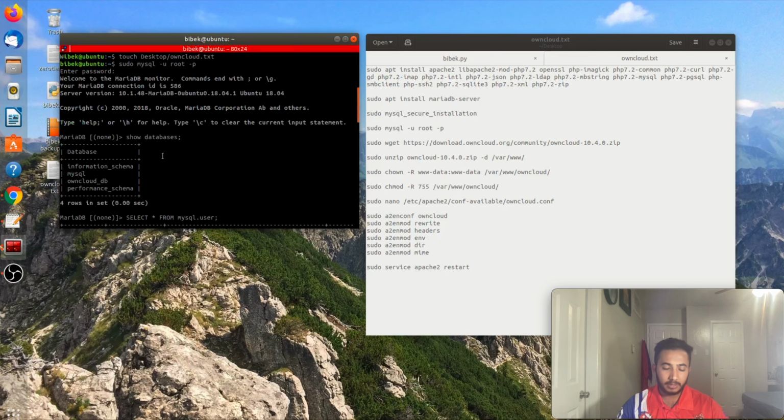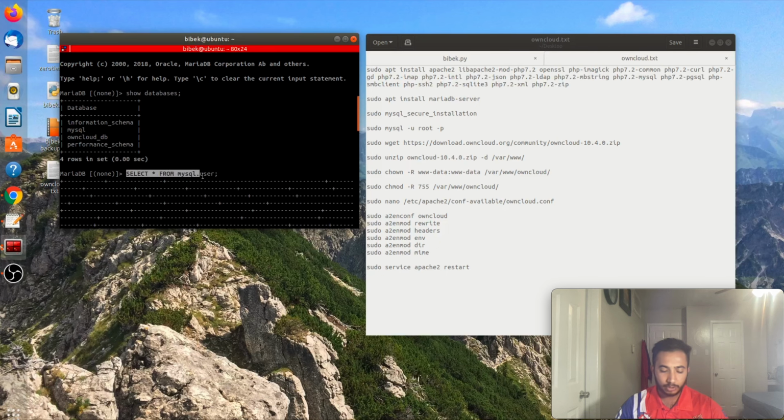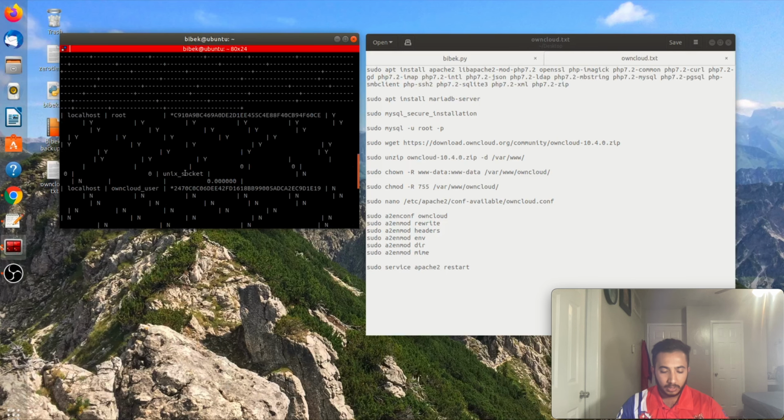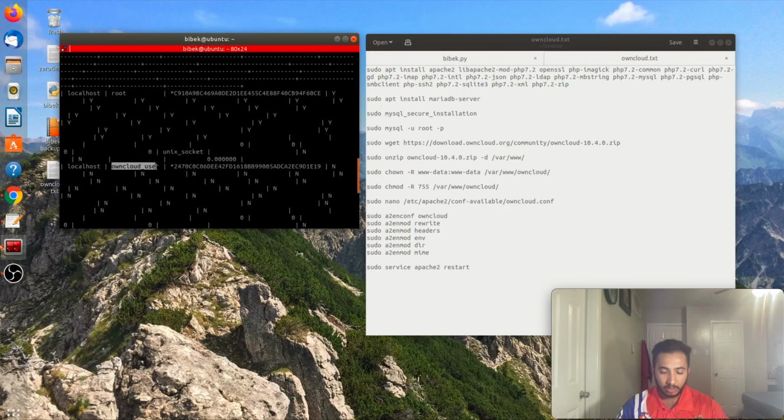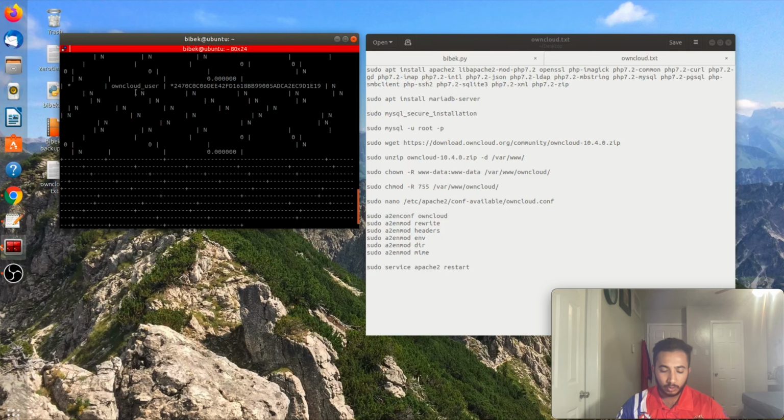So this command executes a query to show you that I have created a user, the ownCloud user, which is used to log in to the